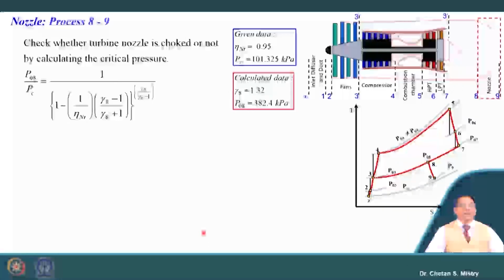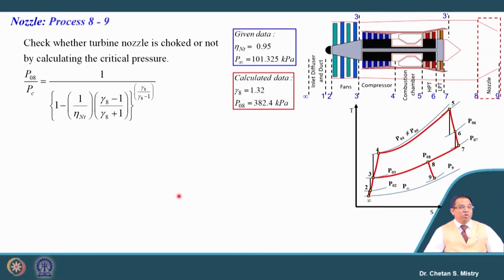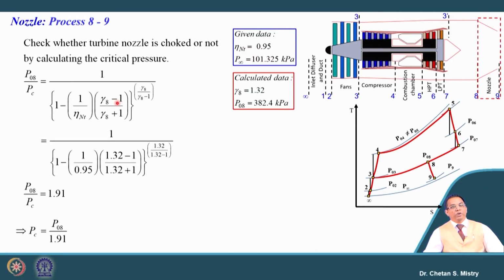Similarly, what we have done up till now, we will be doing our calculation for the critical pressure ratio. This represents the critical pressure ratio P08 by Pc. For this nozzle we have been given the information that it has 95% efficiency. Just look at this, gamma is gamma 8, do not put that as gamma h, be careful. We have calculated this and the value is 1.32. If we put this number, we get our critical pressure to be 200.2